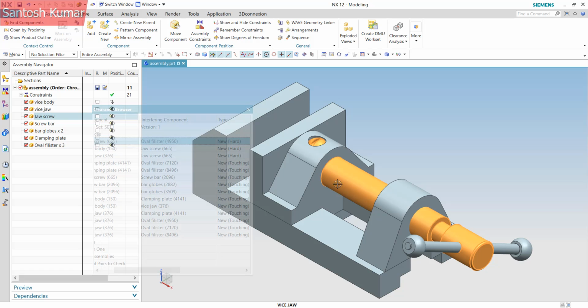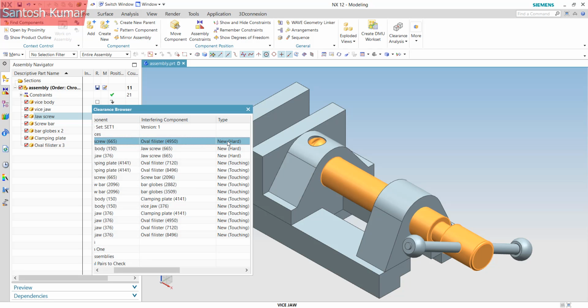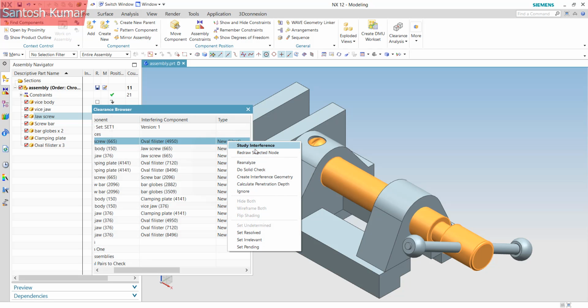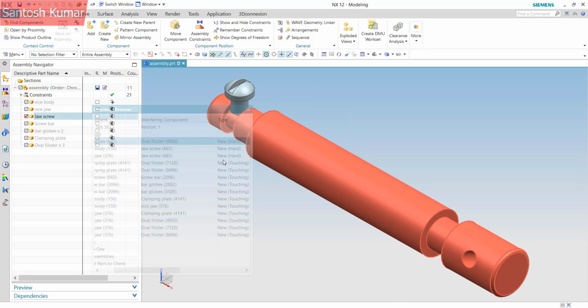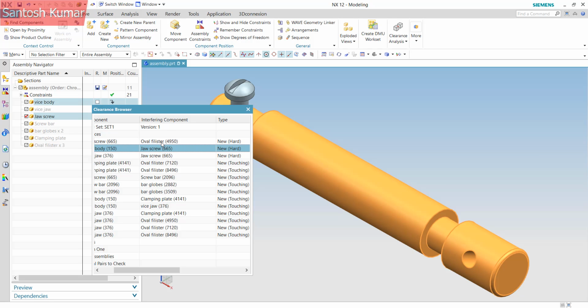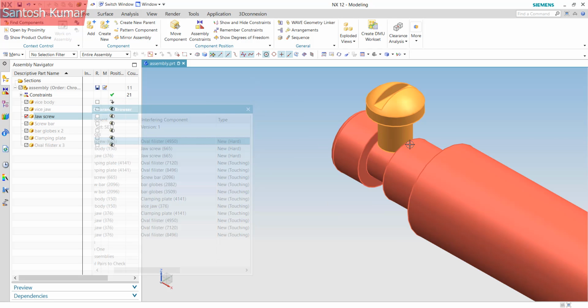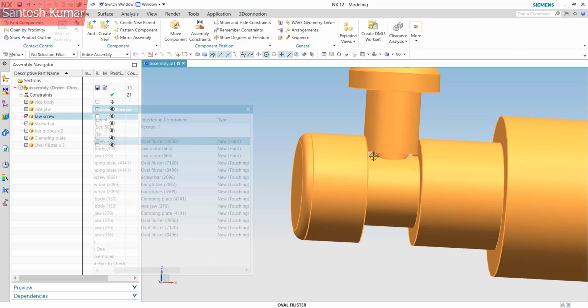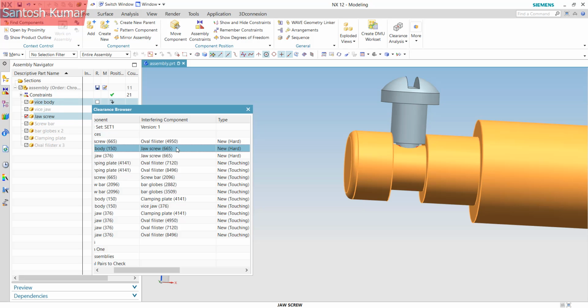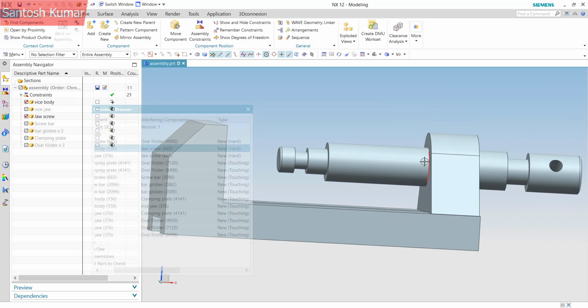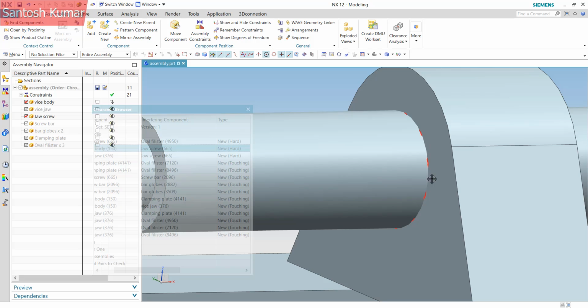If you see, in this case there is a hard interference that happens at the study interference. You study the interference where exactly it happens. Once again, you can study this interference. It is highlighting with the red color outline mark, which says that this is the region where the hard interference has been happening. You can even go to the view and